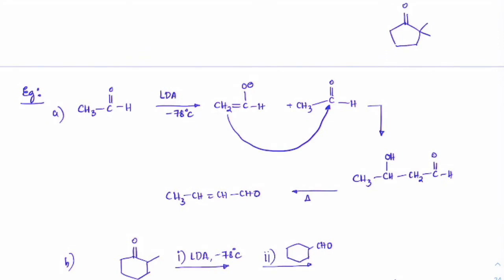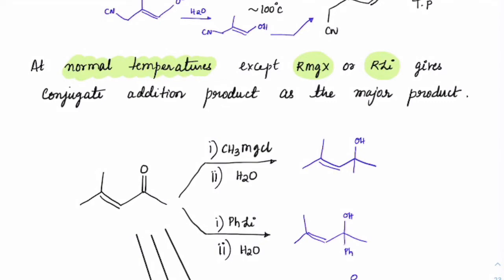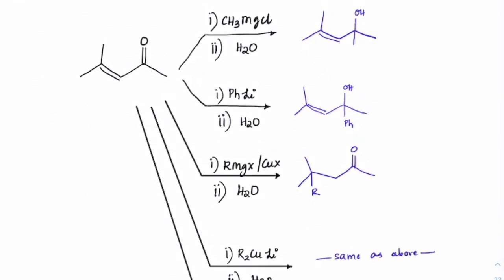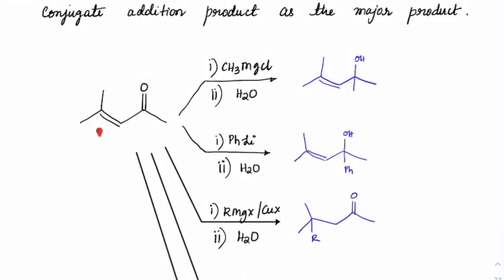Recalling what we discussed yesterday was about the conjugate addition. If you have any conjugate locations like this, then we can have either 1,4 addition or 1,2 addition depending upon what kind of a nucleophile we have. For that, we have seen some cases, especially Grignard's reagent and Gilman's reagent, which is RLi. There we will have 1,2 additions more favorable, and in case of slightly weaker nucleophiles like R2CuLi or R2Cd, 1,4 additions are more favored. Okay.